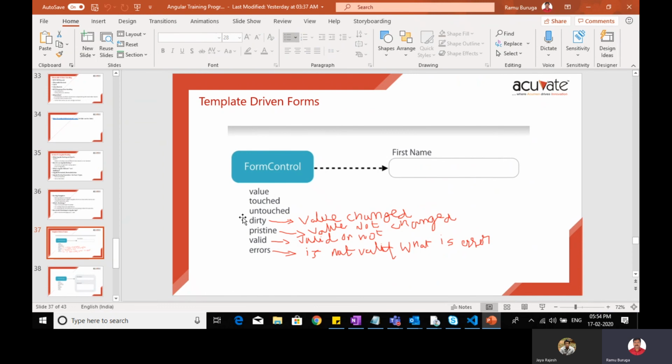I think there are template-driven forms. That is more advanced, and I did not include it in this training. That is more into form validations, on-the-fly validations. When you type here in the first name, if it does not match, automatically it should be highlighted with a red border. That kind of stuff is template-driven forms. I did not cover it here. If possible, tomorrow I can tell you. Then we can wind up this training.